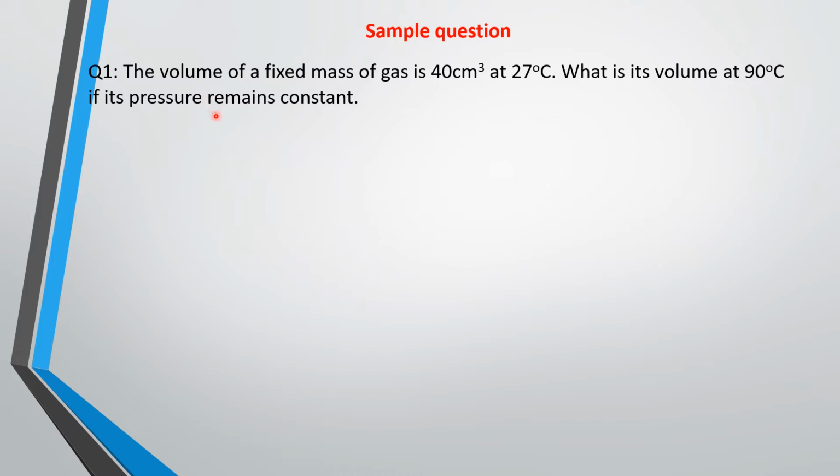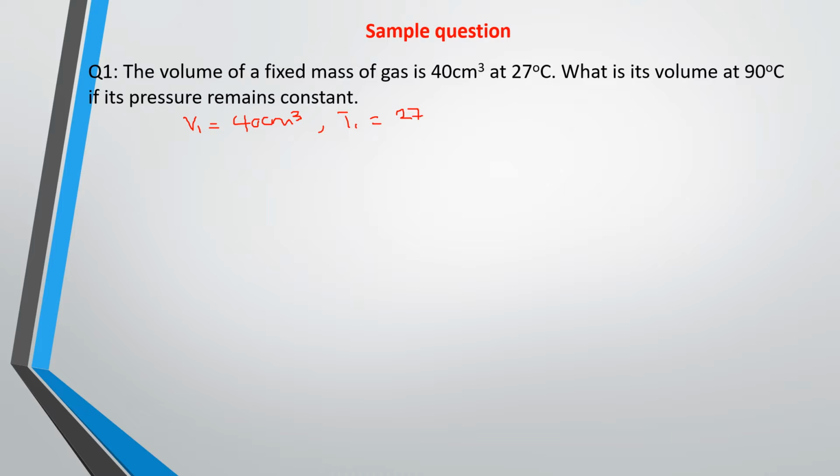This is sample question 1. The volume of a fixed mass of gas is 40 centimeter cube at 27 degrees centigrade. What is its volume at 90 degrees centigrade if its pressure remains constant? For this question, you are given an initial volume V1 equal to 40 centimeter cube. Then the initial temperature T1 is given to you to be